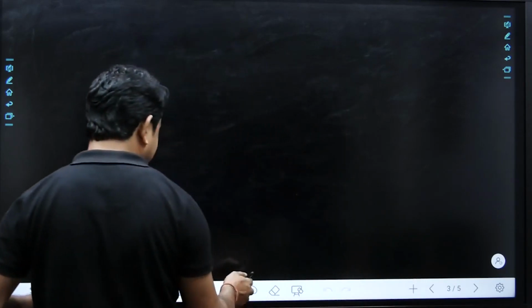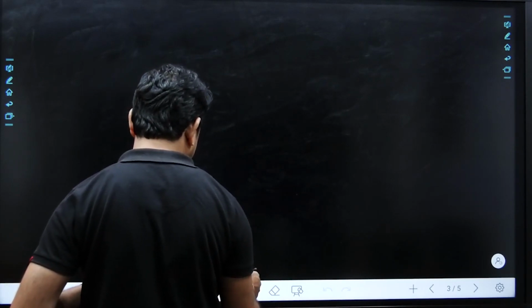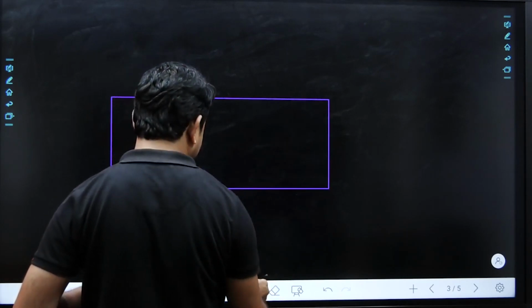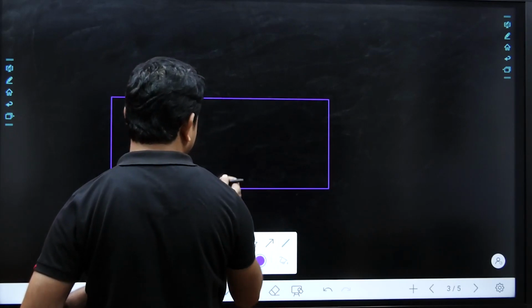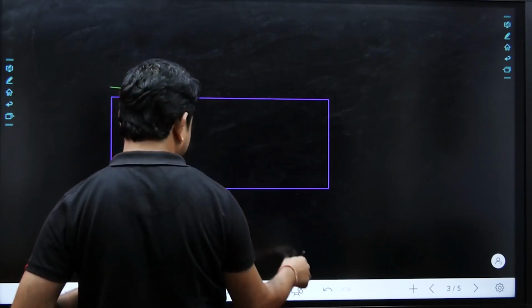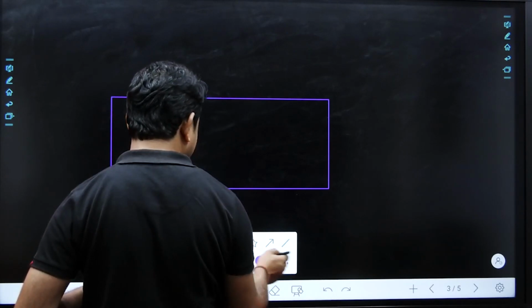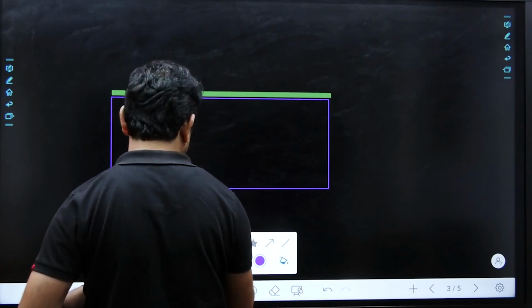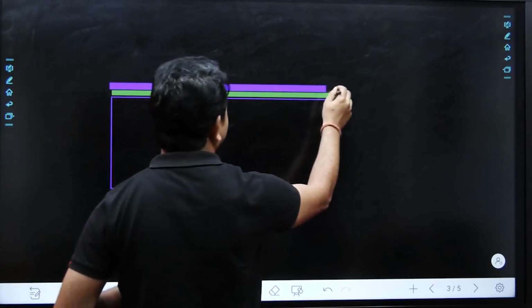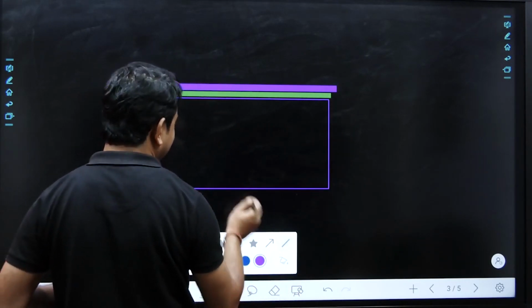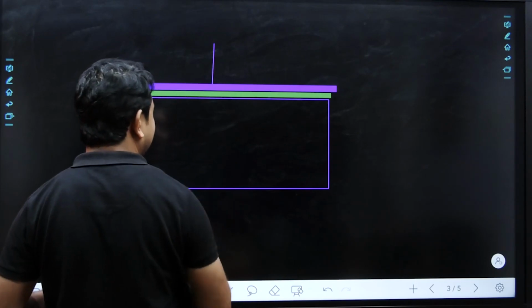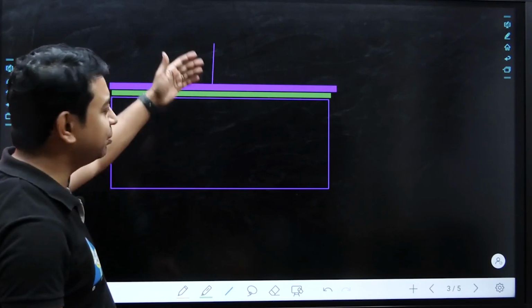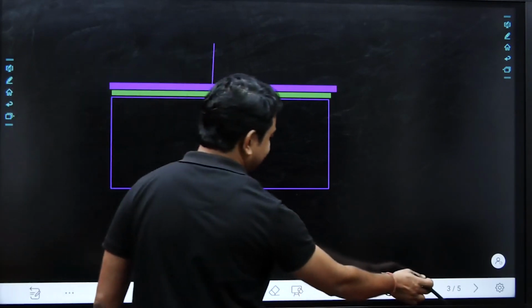If the source and drain has to be taken from the top of this semiconductor body, then we just take this, this is the substrate or the body, and this is another, the silicon dioxide, which has been connected on top. On the very top side we are just taking a metal layer like this, and we can take a gate terminal from this one. But where is the body terminal? We cannot take the body terminal from the bottom. So only the gate terminal which is present on the top side can be taken while constructing.